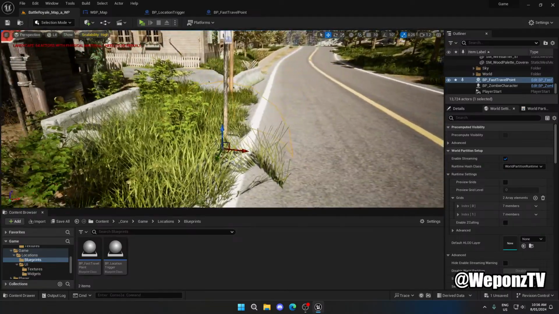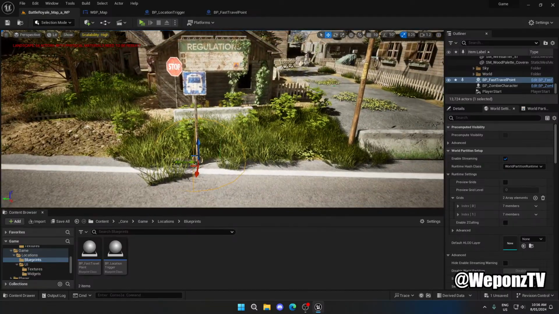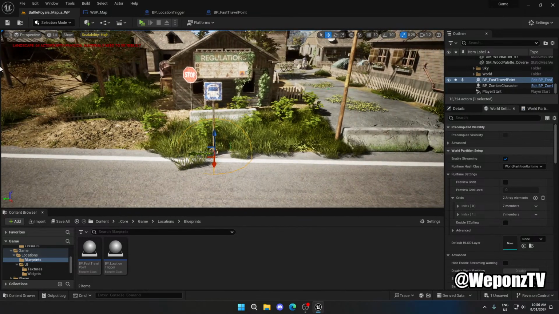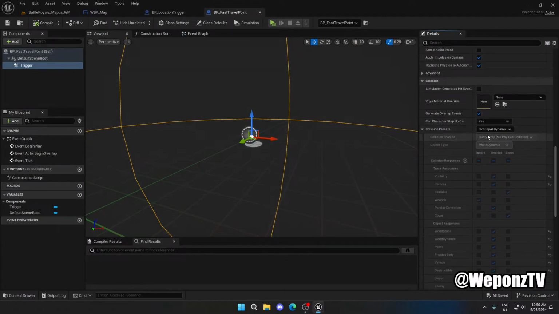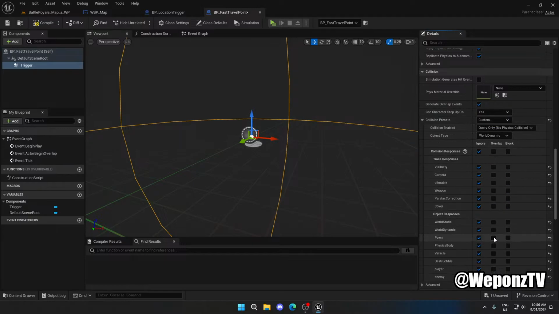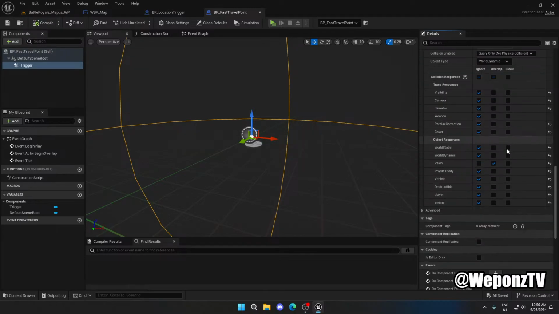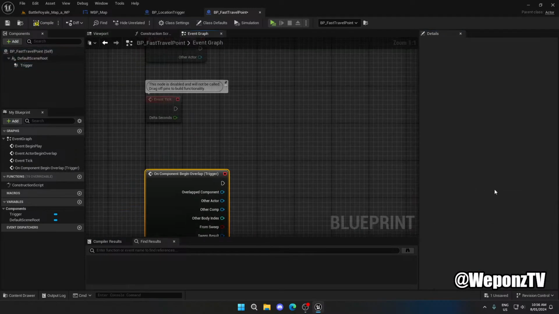So you have to walk right up to it. So there's a fast travel point. Good. Alright, now in our fast travel point, we want to change the collision of this to a custom. We want to ignore everything but overlap a pawn. You can't step up on it, and overlap events. That's good. Now we can go to on begin overlap,